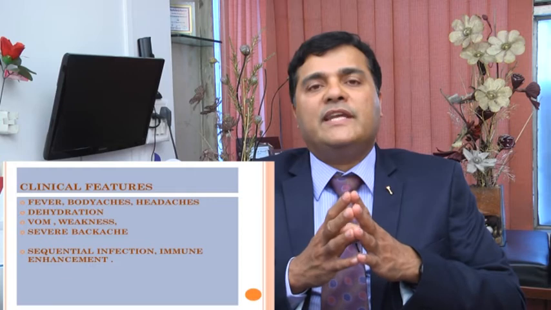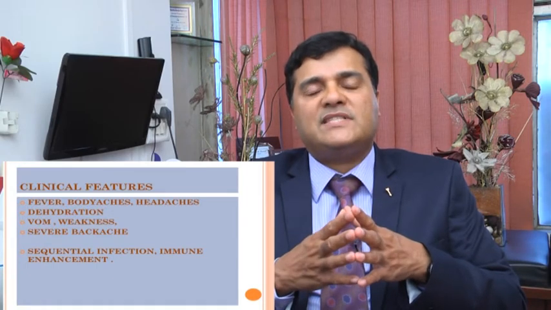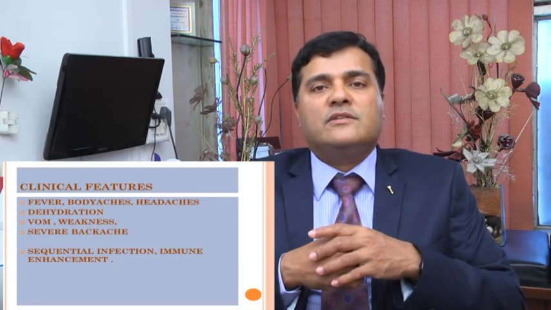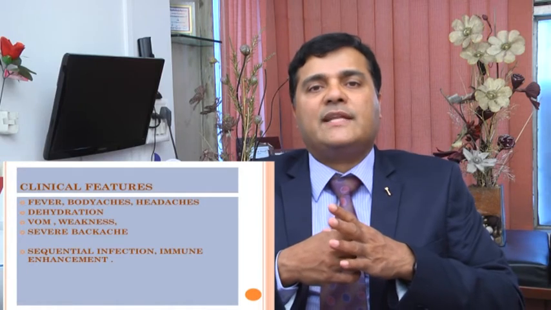Then there is dengue hemorrhagic fever, that is, the dengue infection is so severe that apart from the other clinical features, the person can get bleeding also because of low platelet count. So the bleeding can be under the skin, that is patches, red patches or blackish patches. It can also be in the form of nasal bleeding called epistaxis, hemoptysis, bleeding in the cough, or bleeding in vomiting, that is hematemesis, or bleeding in the urine or stools. So because of the low platelets, the person can get bleeding, and that results in dengue hemorrhagic fever.